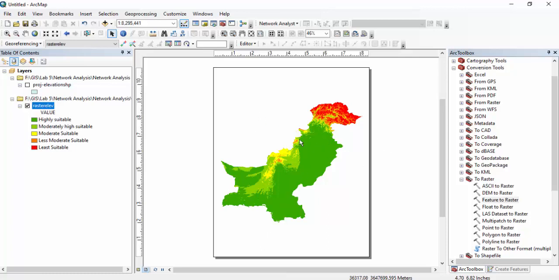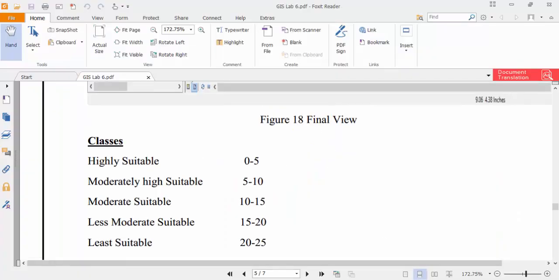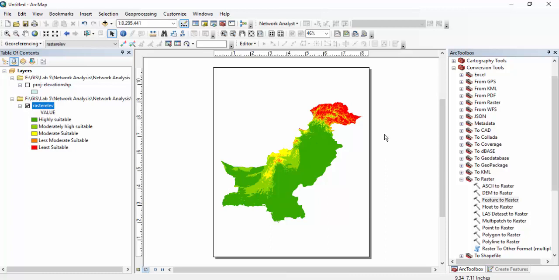Thank you so much. This is the lab we have covered so far. So let me tell you again what we have covered. First thing we have done is that we inserted the projected elevation shapefile. Then we projected it to UTM zone 43 north. Then the second thing we have done, we matched the coordinate system accordingly. After matching the coordinate system, we converted the projected elevation shapefile to raster through the operation in conversion, feature to raster.